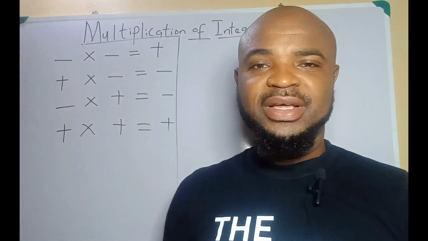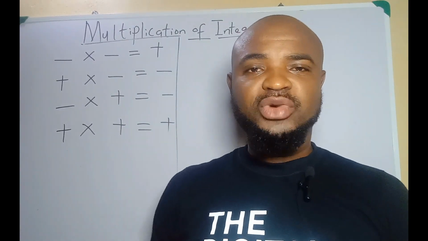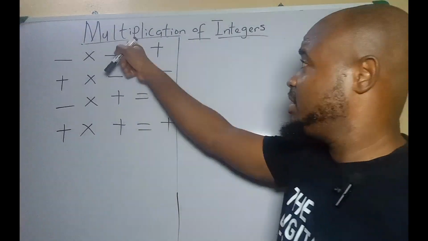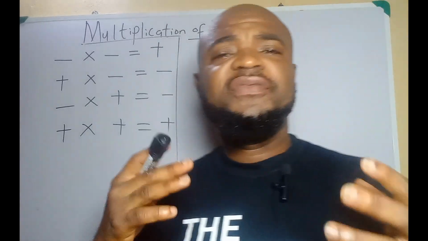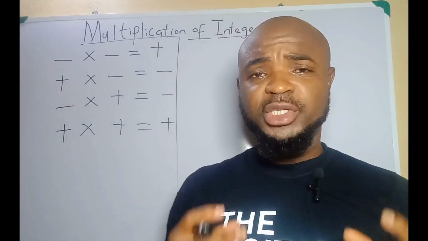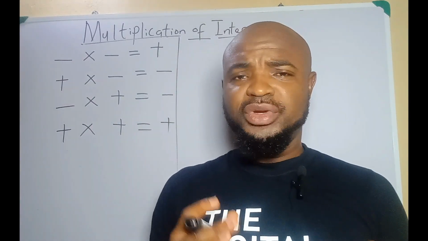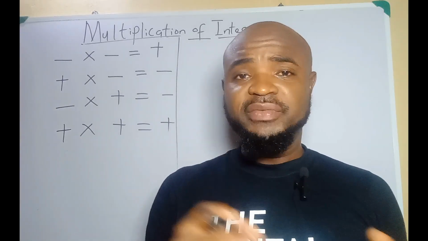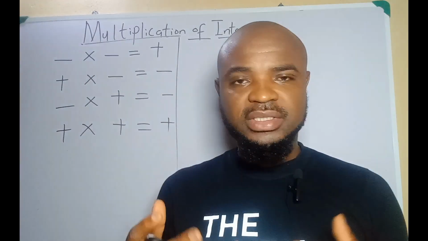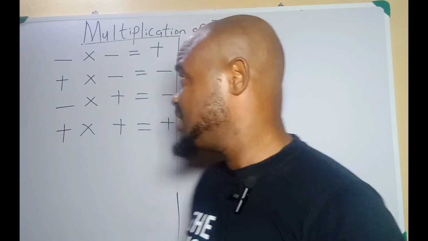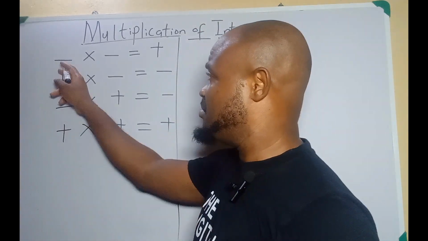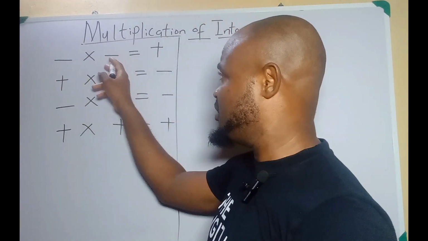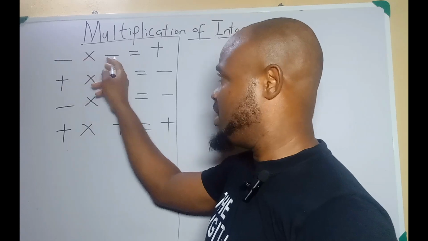Welcome to class. In today's class, we're going to be looking at multiplication of integers. But before we do that, we need to know the multiplication of signs rules. We need to know the rules guiding multiplication of signs, that is our minus and plus, negative and positive. So let's start. The first one I have here is minus multiplied by minus equals